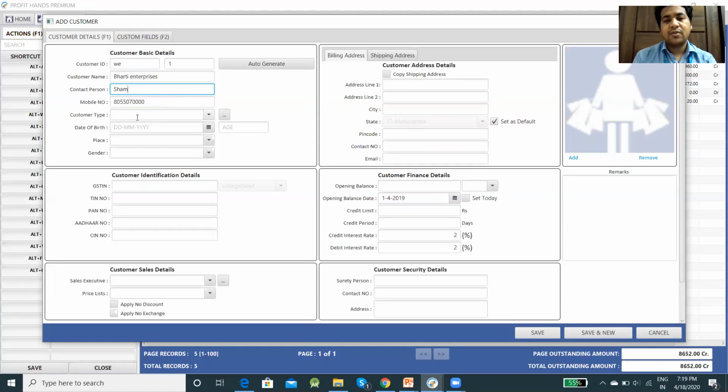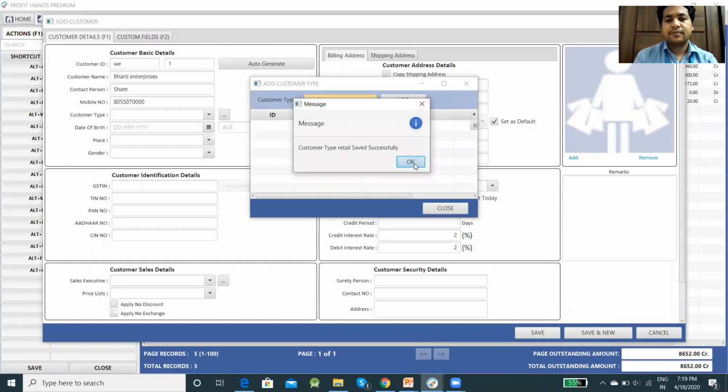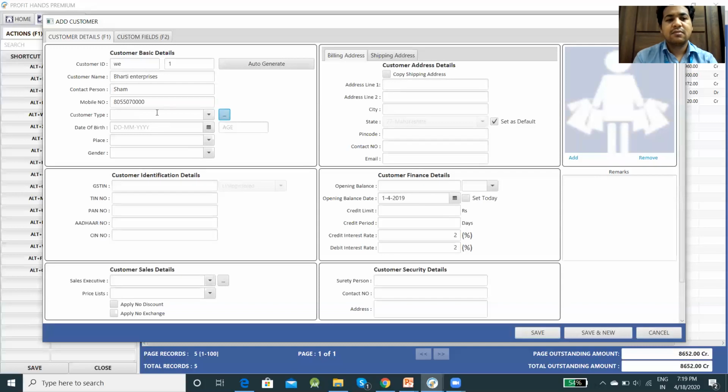So in this customer type, you can set in which category the customer is. Like if you are having a gold, platinum, silver membership, you can put in customer type. If you are having retailers, wholesalers, you can mention the category over here. So for creating a category, you can simply click on here. You can add the category and it will show you that retailer is created. So you can select the retailer. Same way you can create retailer, wholesaler, different type of categories as per your requirement.